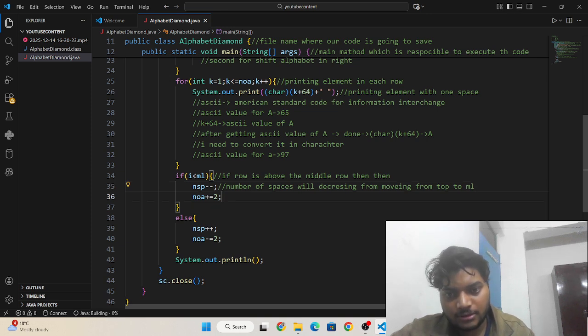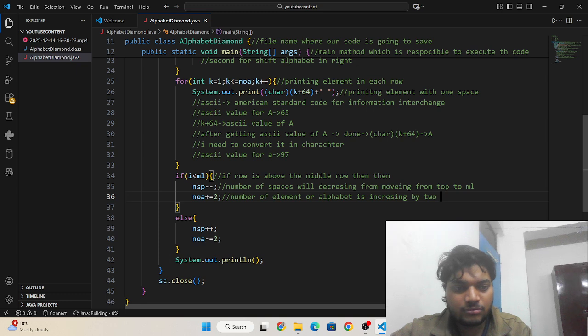Okay, and the number of elements or alphabets is increasing by 2 from top to bottom.